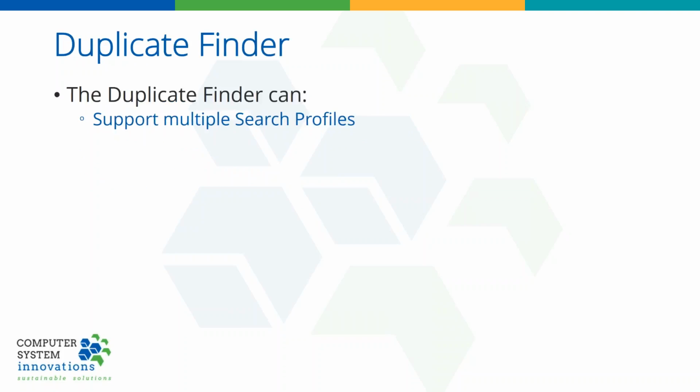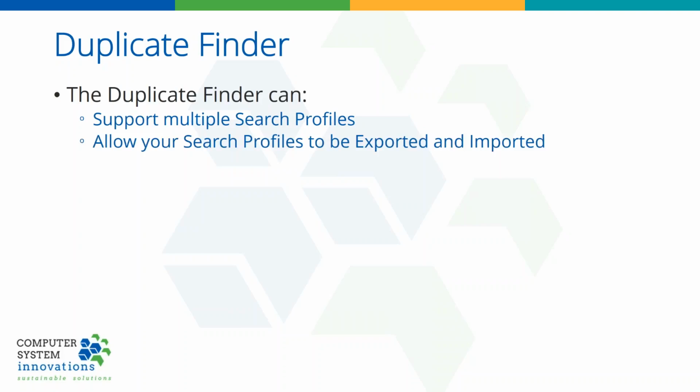So as I mentioned in the beginning, we really want to talk a little bit about the duplicate finder that's part of iMerge. The cool thing about it is it can support multiple search profiles. I'm going to talk about what those are in a second. You can even take those profiles once you've configured and tweaked them and share them with your friends and family. So search profiles can be exported and imported. So if you've got the perfect search profile and you want to share it with someone else in the community,